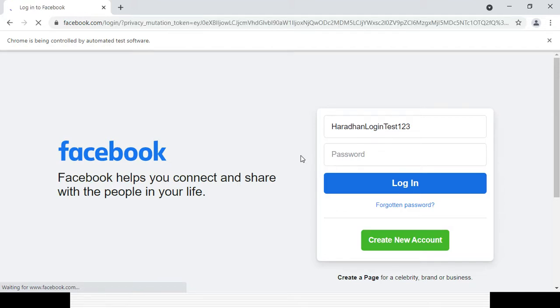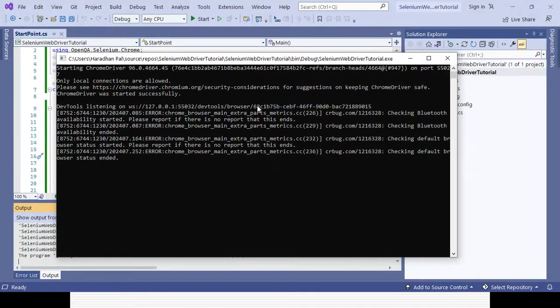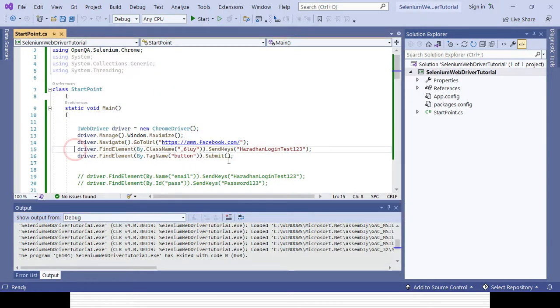You could see, because we did not enter the account details, maybe it is not connected to the account. That is the reason, once entering the email ID and clicking on the login button, the error message is coming. So my code is perfectly working fine. So I already covered another two fields. So these two are already done.